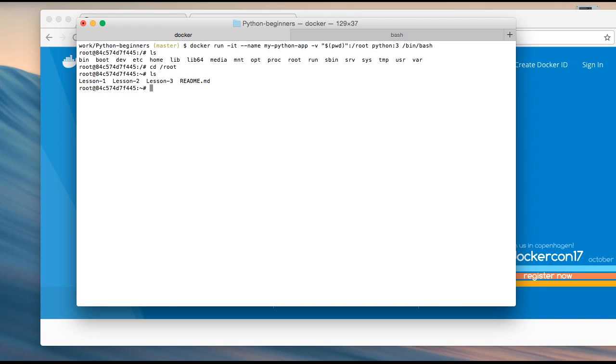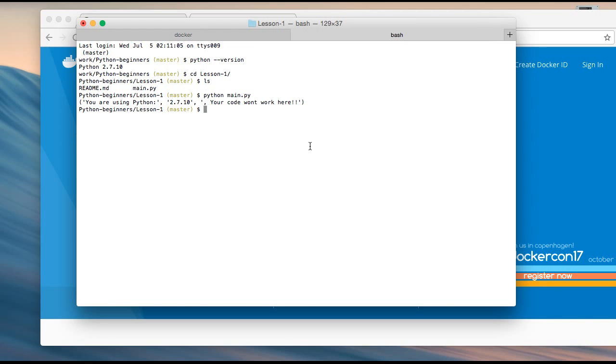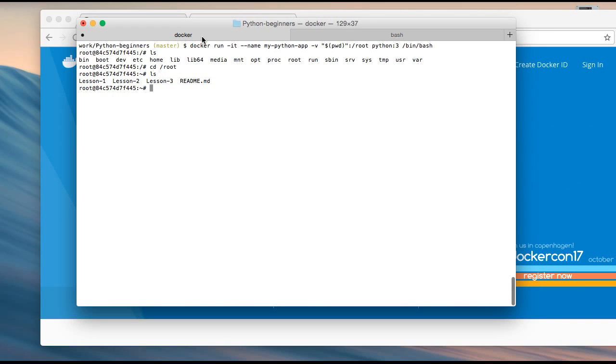As you can see, since I mounted my current directory, which is nothing but lesson 1, 2, 3, to my Docker container, all these 3 lessons are available in my Docker container. Now let's go inside the lesson and see the contents of it. These are the same contents which are there on my host machine. Now let's run